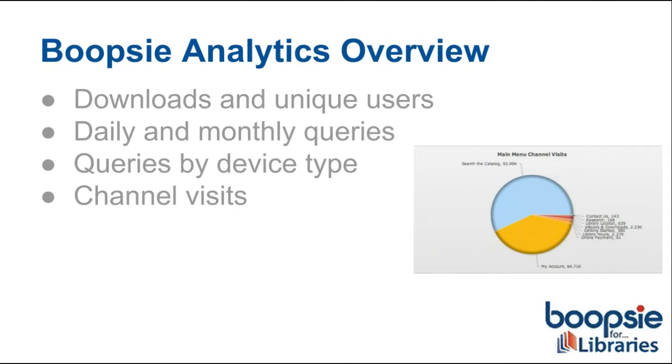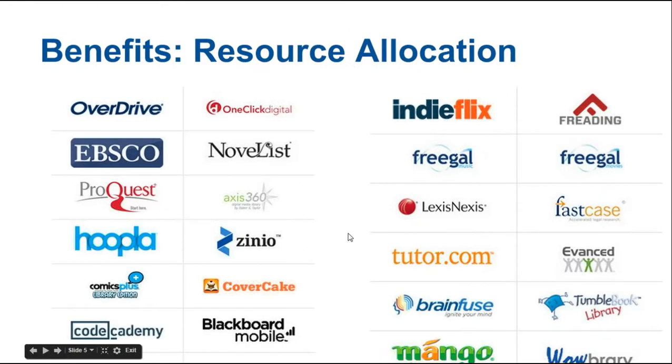And again, queries are always defined in Boopsie Analytics in the dashboard, but it can still be a little hard to understand just how we track some of this. Queries basically means transactions or clicks. So even when you're doing a catalog search, when a user is searching for a title in the catalog itself, let's say they're searching for Moby Dick, so that's Moby space Dick. That's 9 characters. That's 9 queries for that one search. So that's how those queries can add up. But it's good to know exactly what we're tracking there.